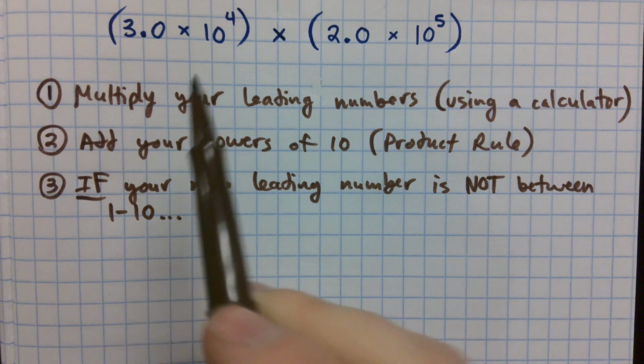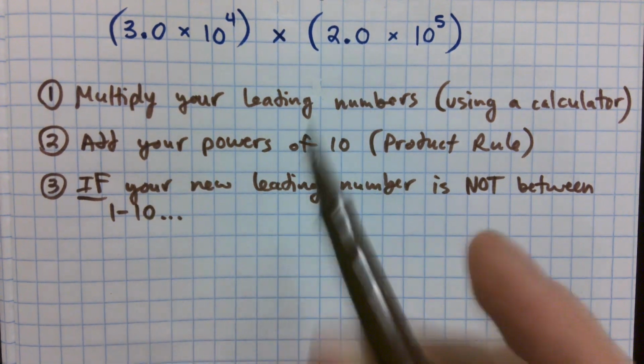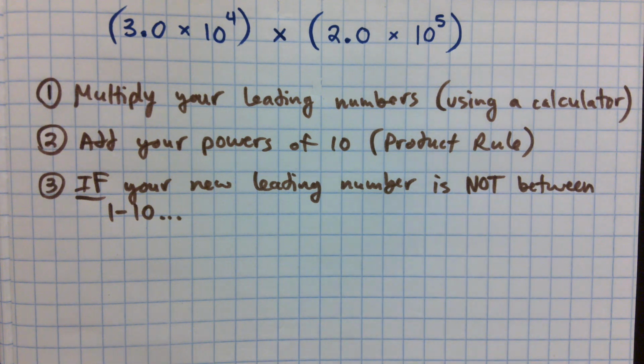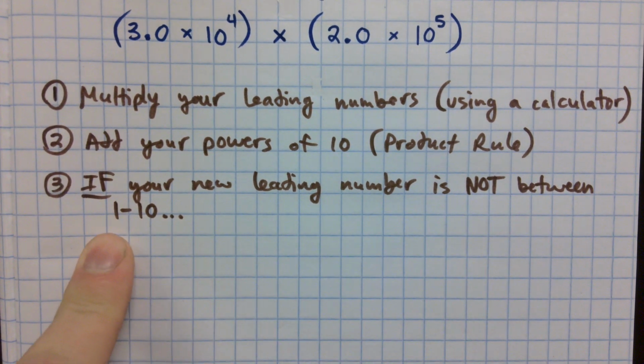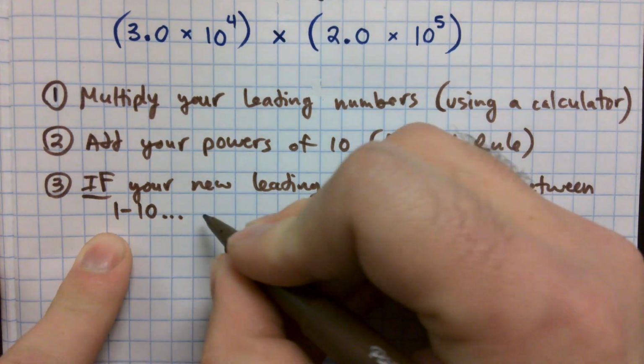If we multiply, let's say, like 6 and 7, and we got 42. 42 can't be our leading number because it's not between 1 and 10. So if we see that circumstance happen, we're going to